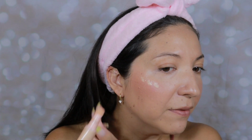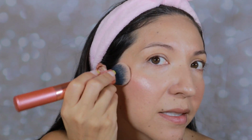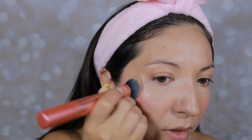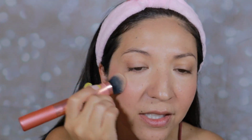It looks very pretty, and I use the same brush for both of these products. Look at that glow. It's so pretty, very natural, very glowy. Look, it's so pretty. I took this to the beach, and when we went out, my skin was just so pretty